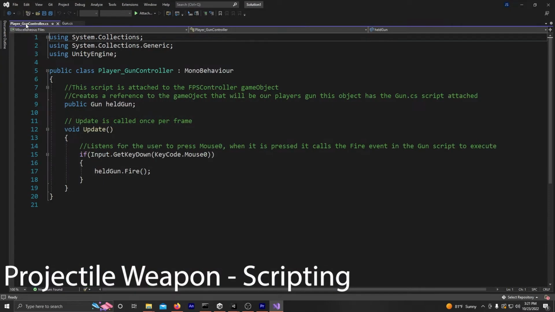And then on the player, which in this case is going to be the camera, because that is what is holding the gun, we're going to put our PlayerGunController script. This is a very simple script. All it does is create a class called HeldGun, which is going to be the